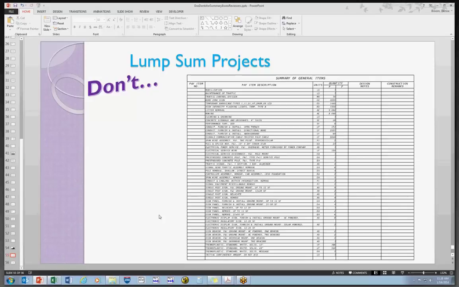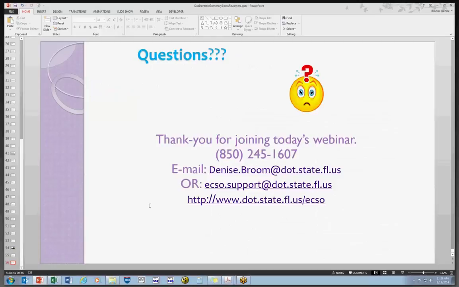We're not changing how that workflow has been. They're using the tab sheets. The tab sheet should be set up with all of the sheet numbers, just like we've always done. That's not changed. And that's it for my